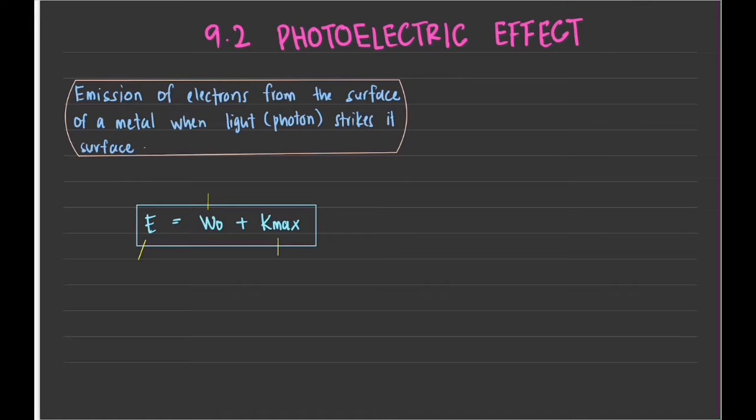So we continue on 9.2, photoelectric effect. The definition of photoelectric effect: the emission of electrons from the surface of a material when a light photon strikes its surface. Okay, so let's say we have a metal,